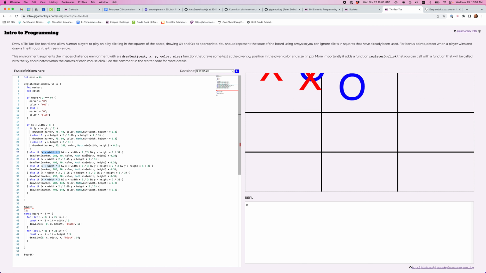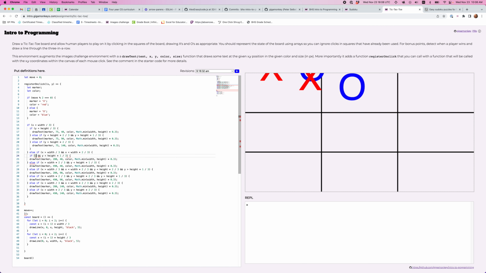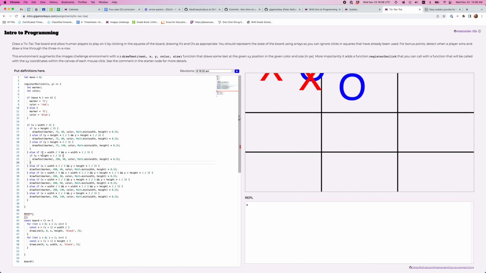But the same idea. So for all the ones in the middle column, we're going to handle them all in the same if clause, and then make a nested if to handle the y part of it. So that goes there. The next one where we're looking for greater than a third, then we take the y part and